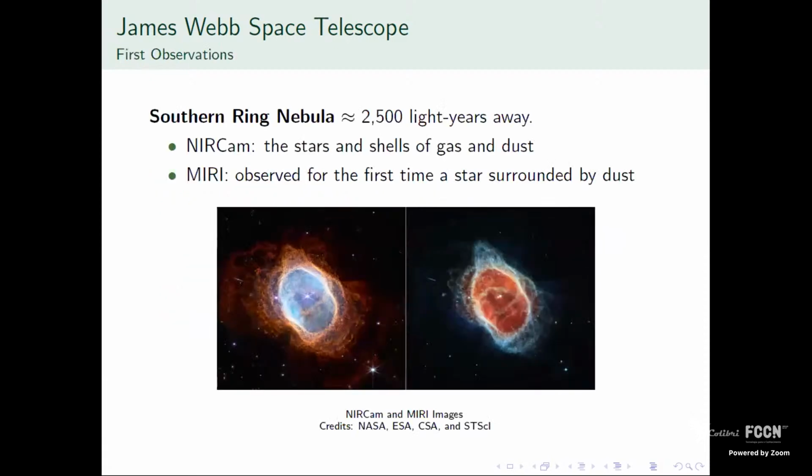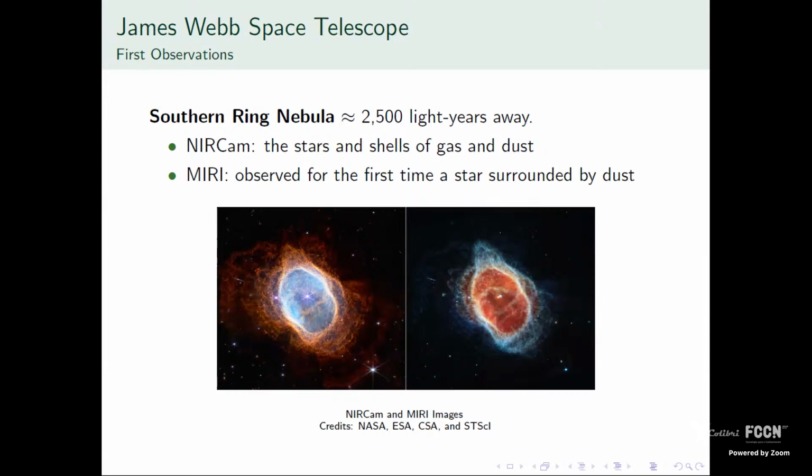Okay, so now I will walk you through some of the observations we already have from Webb. So the first observation is the Southern Ring Nebula, which is predicted to be 2,500 light years away. So as you learned in class, a planetary nebula is basically clouds of gas and dust that are ejected from the red giants, okay, at the end of their stage.